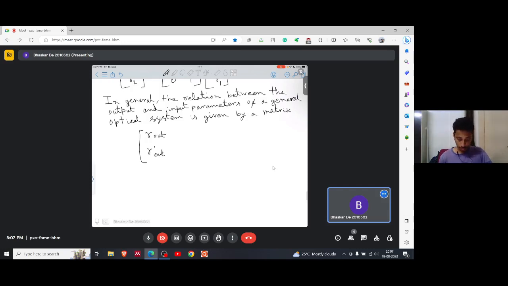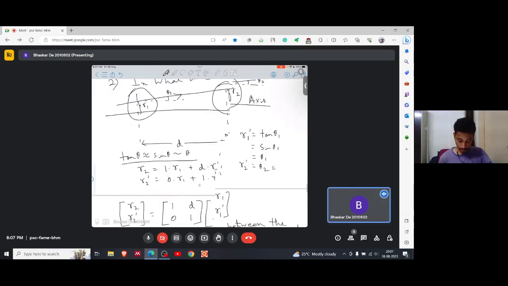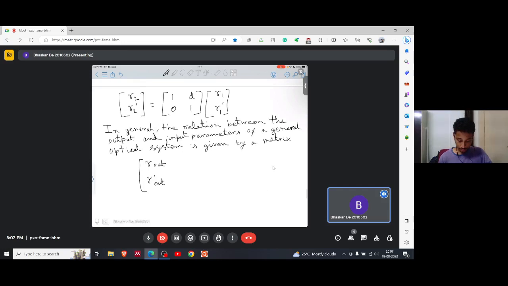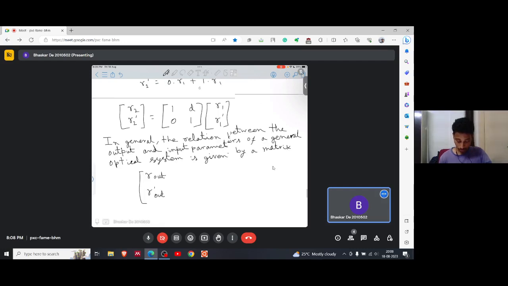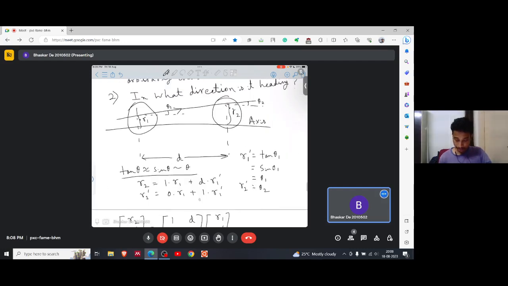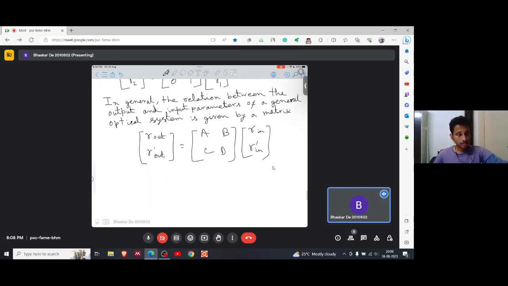You always remember that R out is a position, or the distance from the axis, and R out dash is the slope, that is this angle, or the tan theta 1, tan theta 2. So basically R out dash is the tan theta 2. Okay, equal to a matrix A B C D times R in dash. Okay, so this is the main idea of